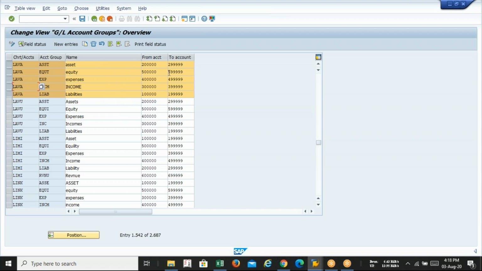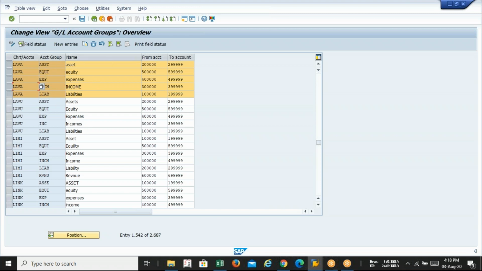The number range and the description have been done by the user only. Only the user should know that 3 lakh to 3 followed by 5 times 9 is for income, and 1 lakh to 1 followed by 5 times 9 is for liability. So according to this configuration, this data has been filled by the user only.